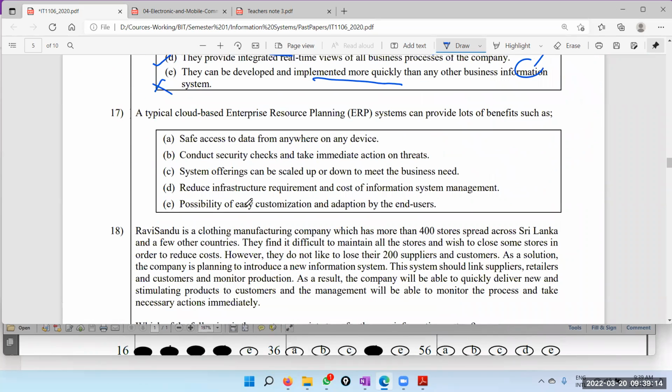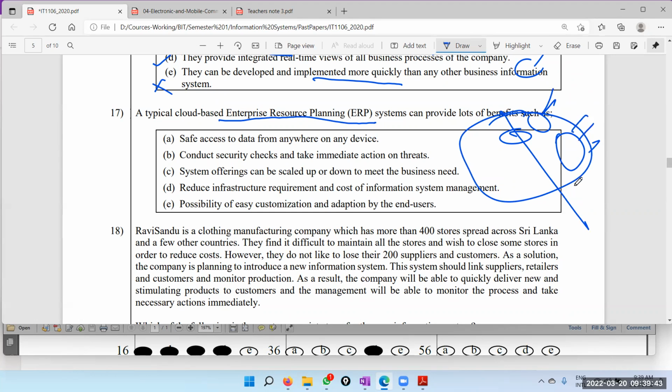Okay, 17. Now, if you have any doubts, you can raise those. Typical cloud-based enterprise resource planning system. A lot of ERP systems are now getting cloud-based, rather than your business keeping its own database. They keep the data, or they give you cloud accounts so that you have less to do and the ERP provider can give you more support. Otherwise, they have to visit your sites. But now everything is in their